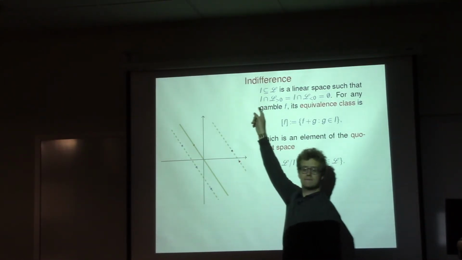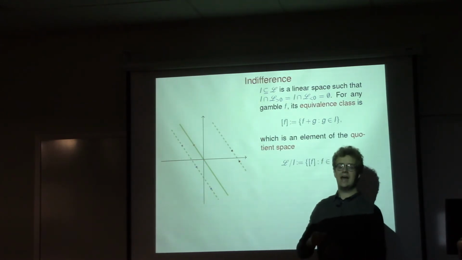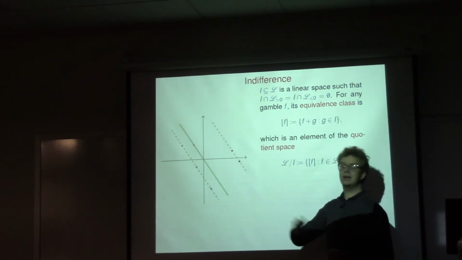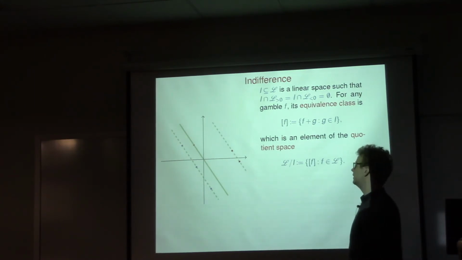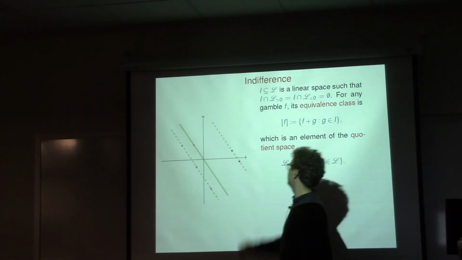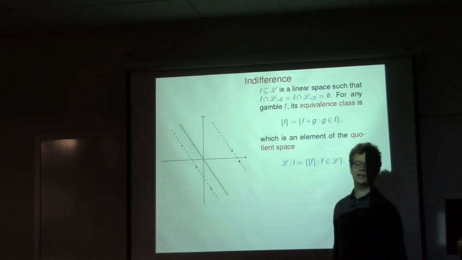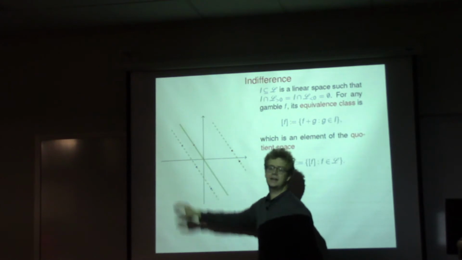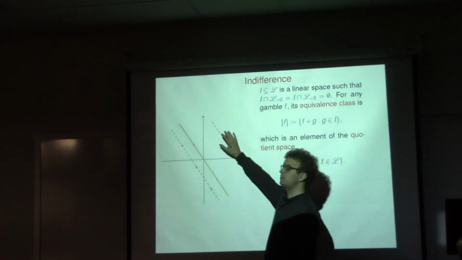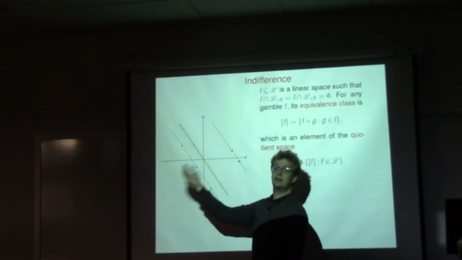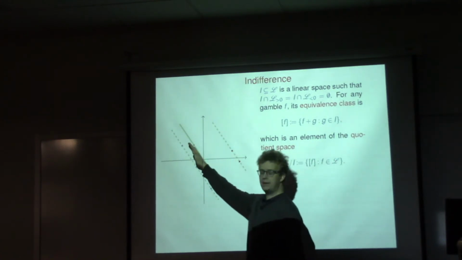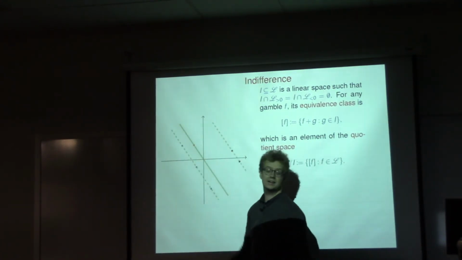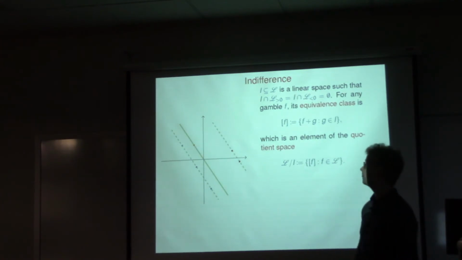So if I contains a gamble f, then f and 0, I want to swap them. It doesn't matter which one I have. If I compare something with 0, it should give the same result if I compare it to f. I will assume that I is a linear space that has nothing in common with the positive nor the negative portent. Why is that? Well, if something is positive, then it is already desirable, and hence strictly preferred to 0, and hence not equivalent to 0. So any linear space that has nothing in common with the positive nor the negative portent is a set of indifference options for me.